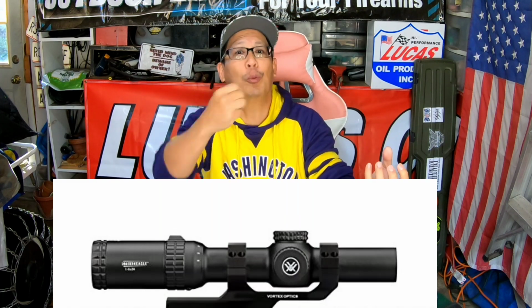So now you're going for LPVOs, which is everything in one. Usually they're variable, so they're 1 to 6x if you want. So at short range, you have it at 1x, and you can see with both eyes open like that. And then if you needed to go longer range, you would just go 1x, 2x, 3x to 6x, or 12x, or whatever, depending on how powerful that scope is. So now I'm really into the LPVOs, and also the most popular ones now are the FFPs, the first focal planes, which is the reticle